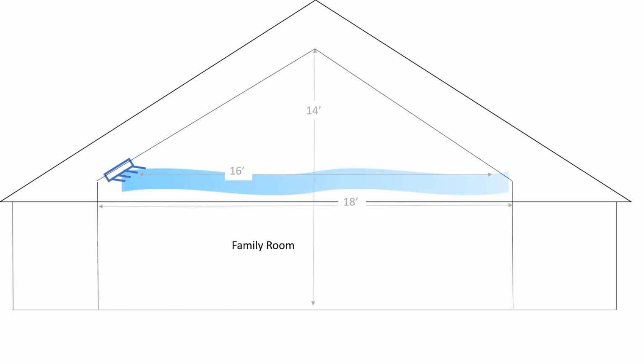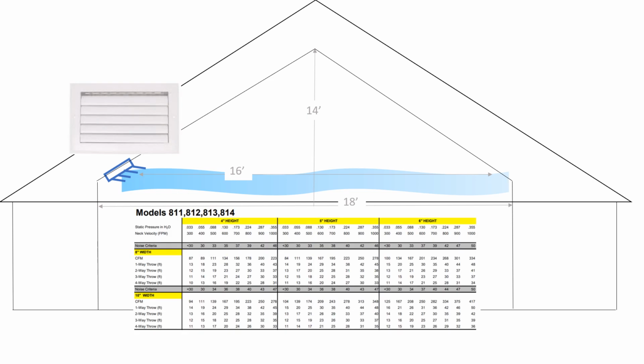The typical supply register that you find in a supply house can't do that. But commercial quality supply registers can. They have engineering data, and they're designed to throw air farther. All you got to do is look it up and then do the math. Now this register would be throwing around 105 CFMs. And according to the data, a 6x10 register, one-way diffuser, at 125 CFMs will throw that air around 16 feet. So that was perfect. Register selection and placement is a very important step of duct design, and it often gets